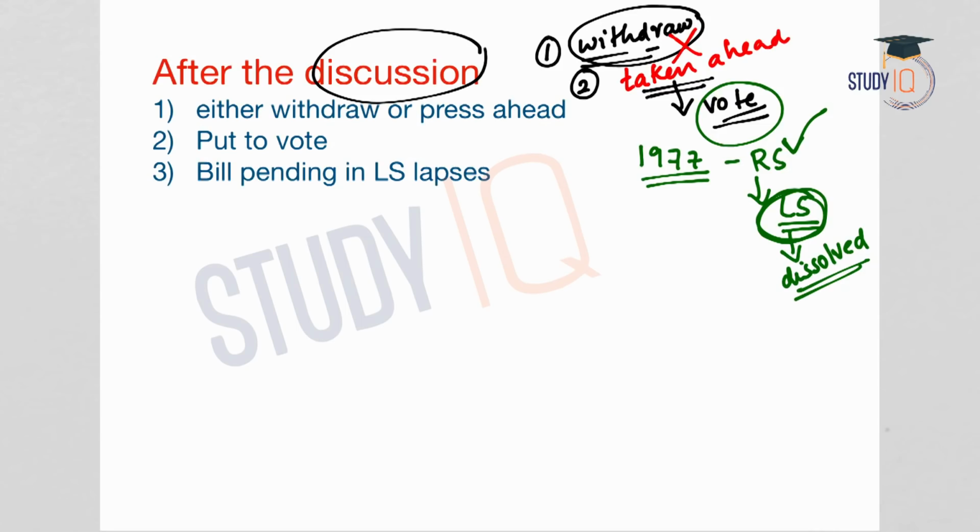This is because a bill pending in the Lok Sabha will lapse whether it originates in the Lok Sabha or is transmitted to it by the Rajya Sabha. So, the Aligarh Muslim University Amendment Bill was lapsed. Another example is the Rights of Transgender Persons Bill of 2014. In 2015, this bill was passed by the Rajya Sabha. Now, it is 2018. It is still pending before the Lok Sabha.